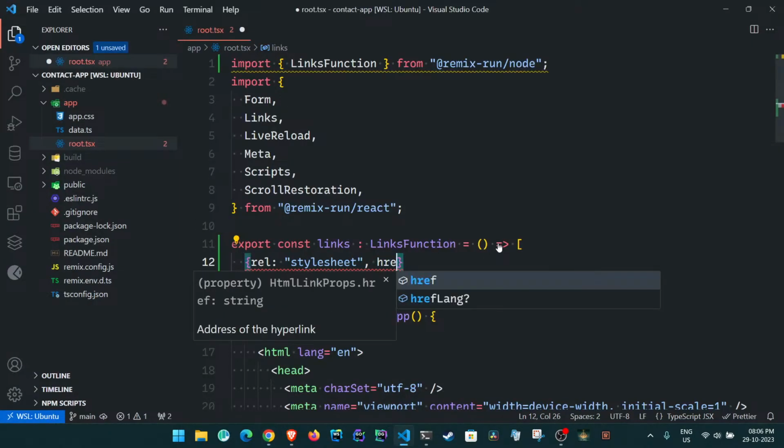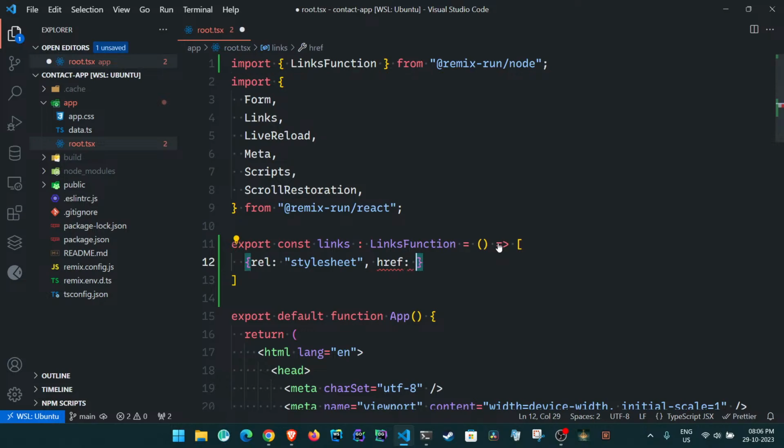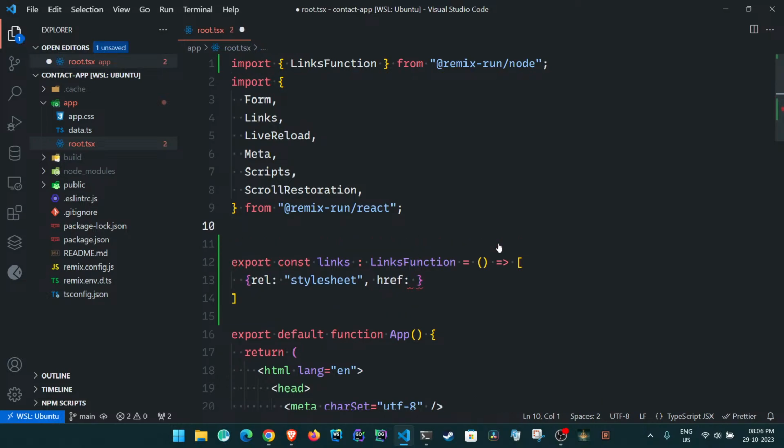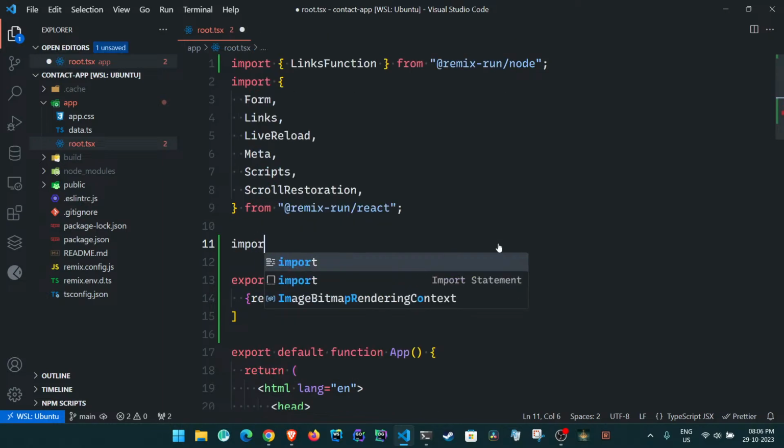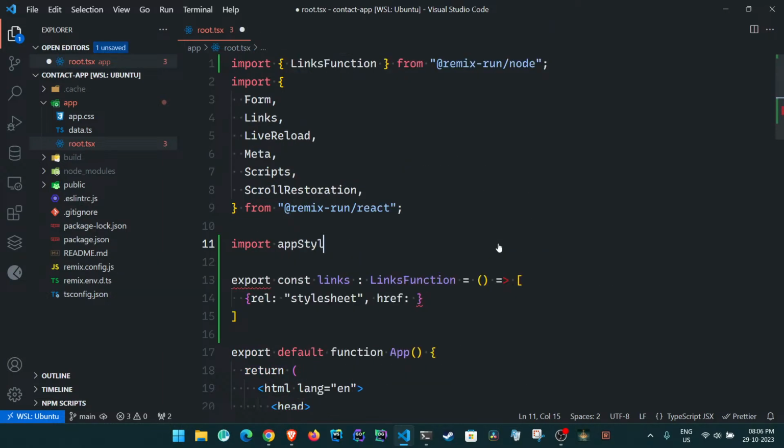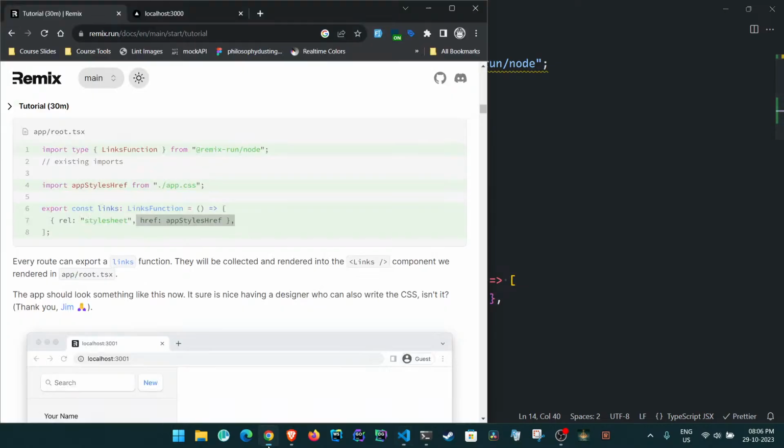Href. Okay, href of some styles. So here I can import app styles from app.css and then simply pass this,